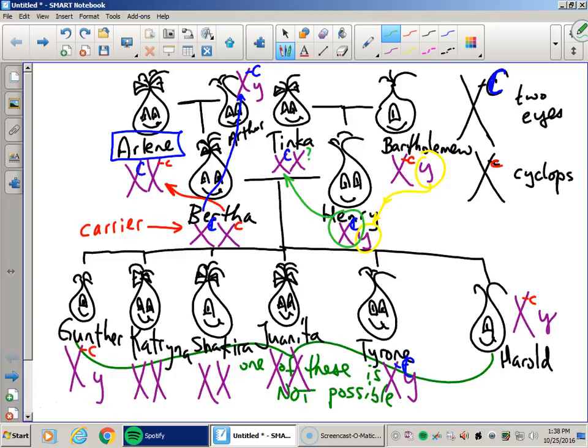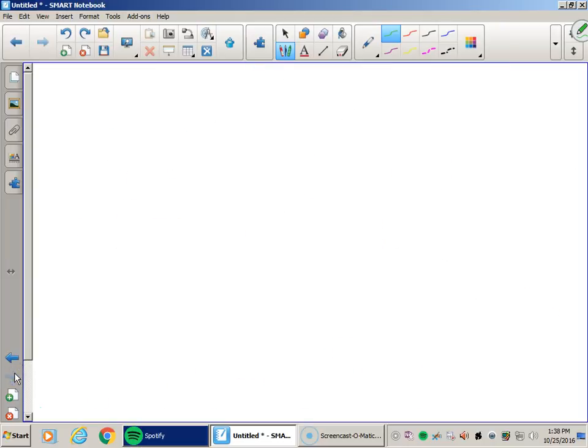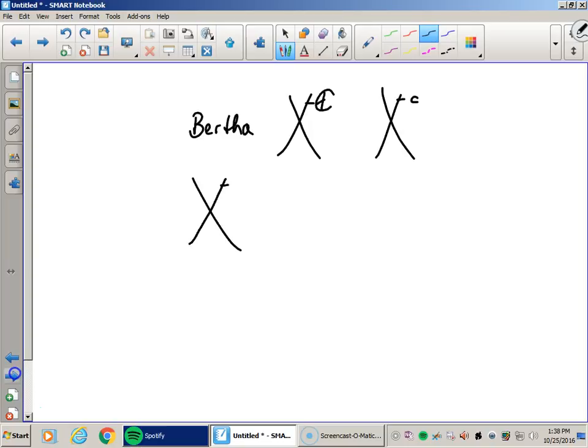So let's just do the Punnett squares. All right? Just so it's a bit clearer. Bertha and Henry. Okay? Bertha. Okay? So she's X, big C, X, little c. Those are her 2 egg options. Okay? Henry,